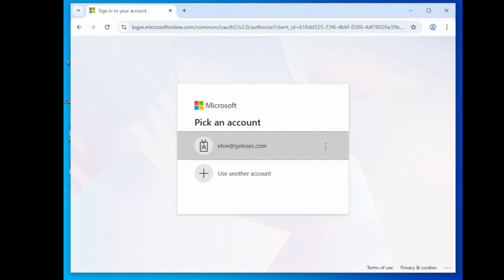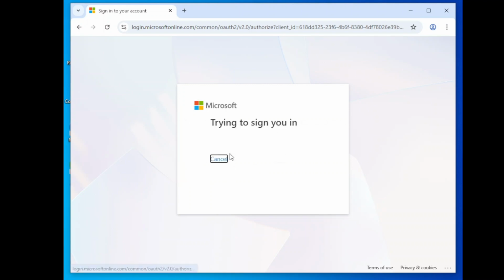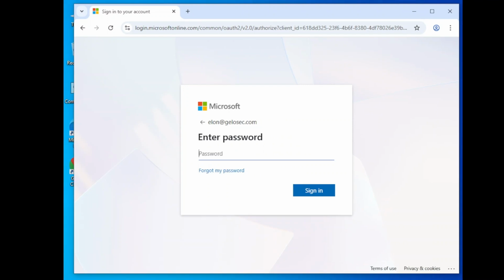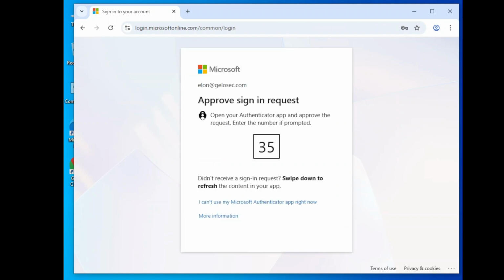Now we're gonna access the Microsoft 365 apps using this account. Now we're gonna enter our password. Now it's asking for our MFA.